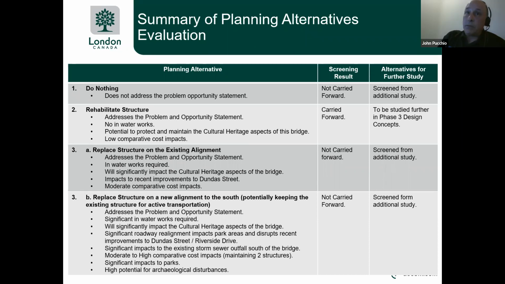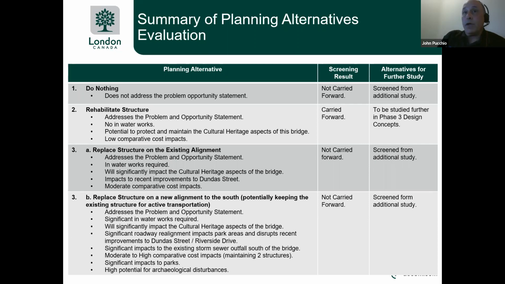However, those impacts can be mitigated, and generally the cultural heritage of the bridge is protected and maintained. The cost of rehabilitation in general has a lower initial cost than the other alternatives. And with an expected remaining service life of the bridge, it provides a pretty good return on the money spent for rehabilitation. So with respect to alternative 3A, or structural replacement on the existing alignment, this also addresses the problem